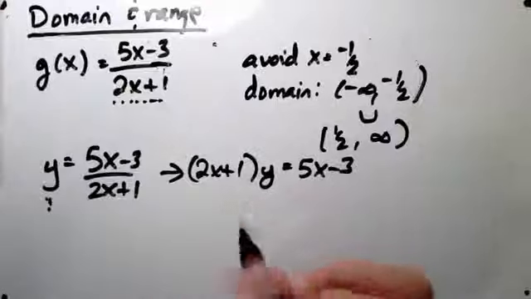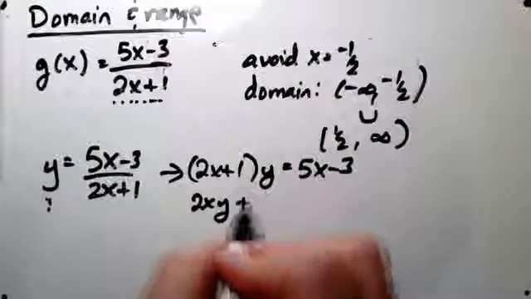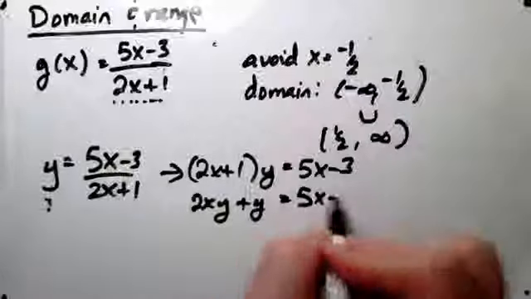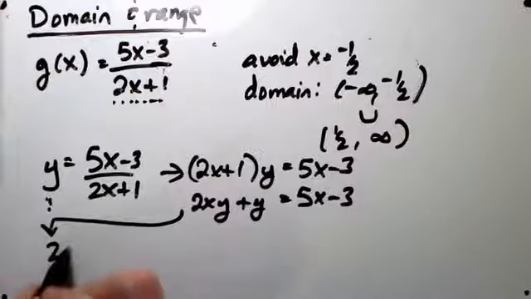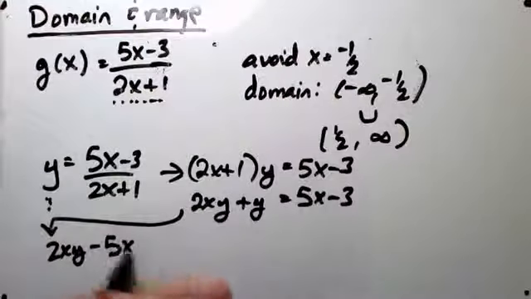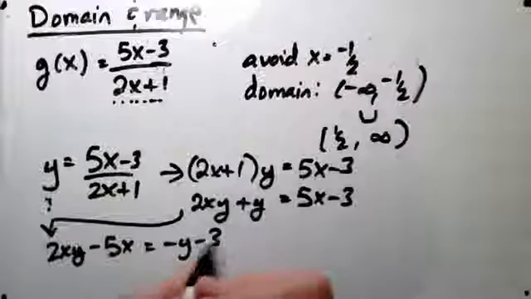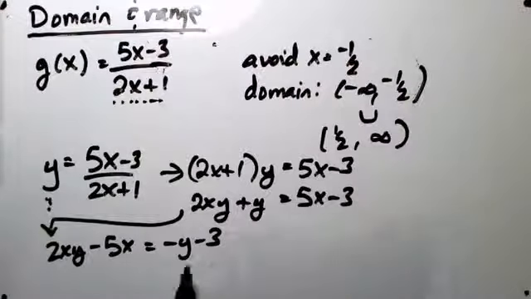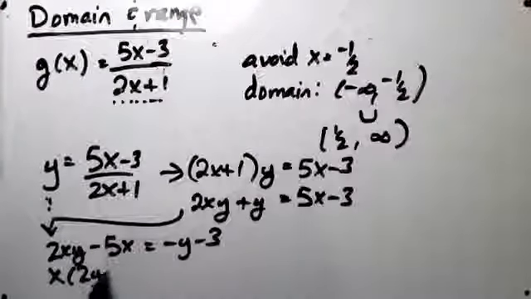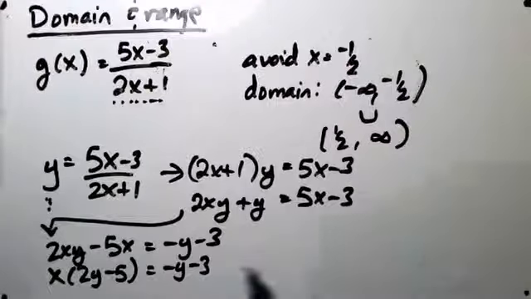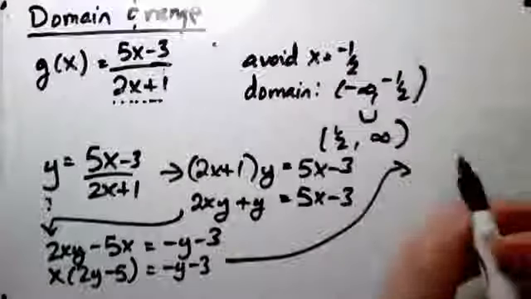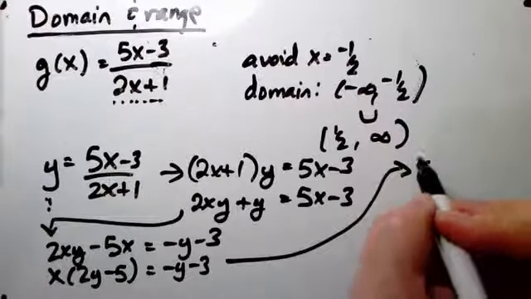Remember, I'm solving for x. I'm going to get all the terms involving x on one side of the equation. Nothing fancy going on there, we just subtracted 5x from both sides, and subtracted y from both sides. Now we factor out the x over here. And finally, we can solve for x and we get